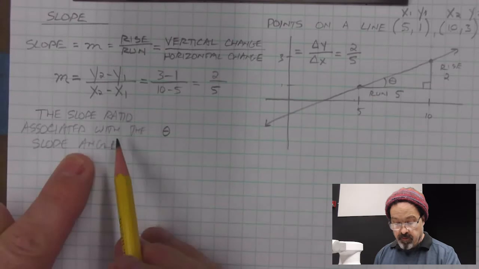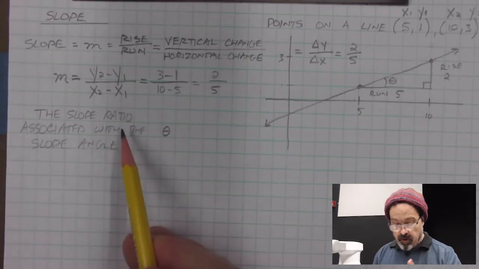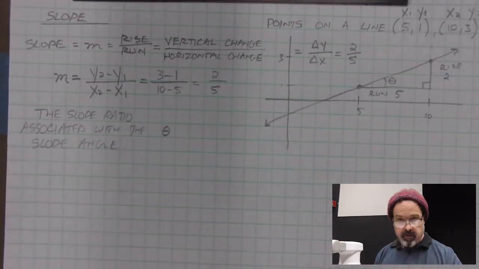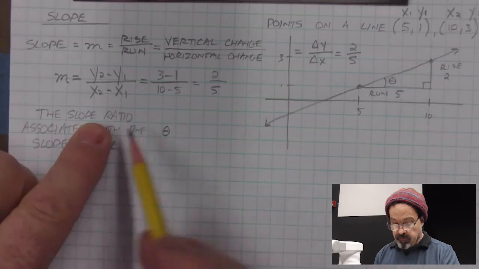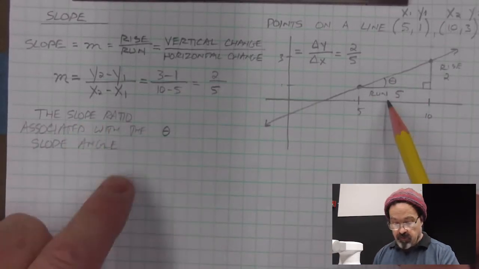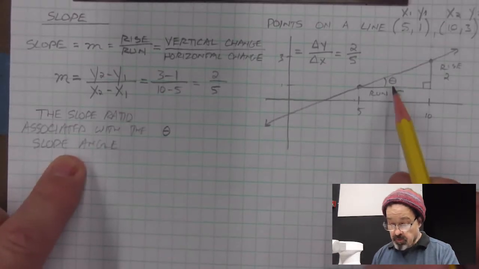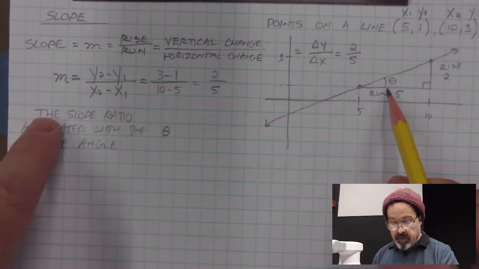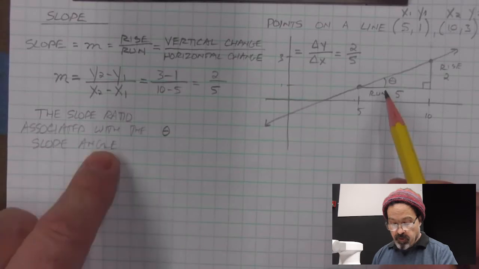What I'm starting to talk about here is that I want to find a way to relate mathematically these 2 ways of thinking about slope. The slope ratio is the familiar rise over run, and the slope angle is this new way of thinking about slope. So I have the beginning of a relationship. The slope ratio associated with the slope angle theta